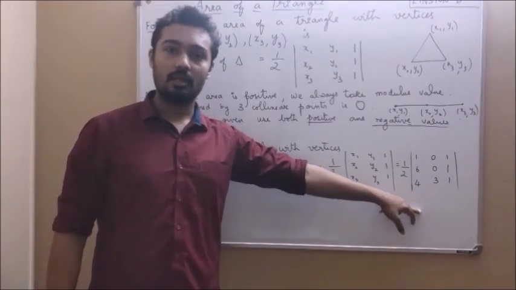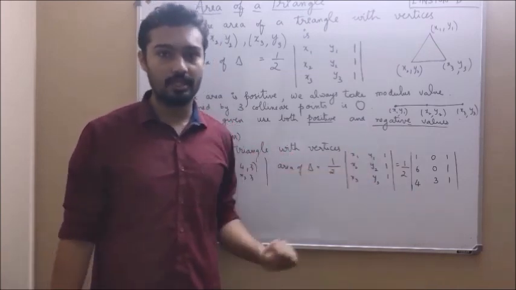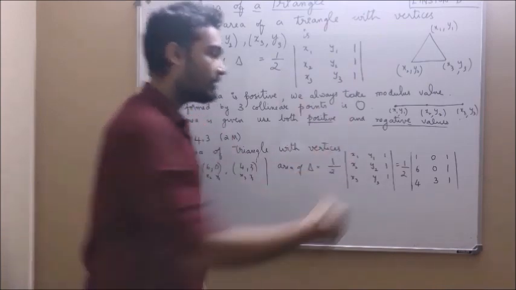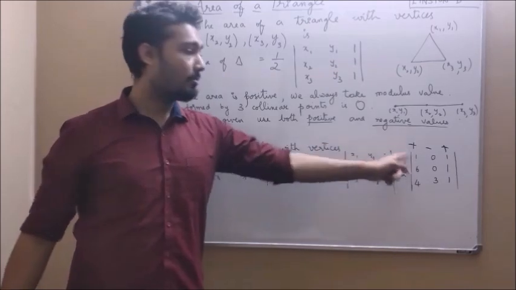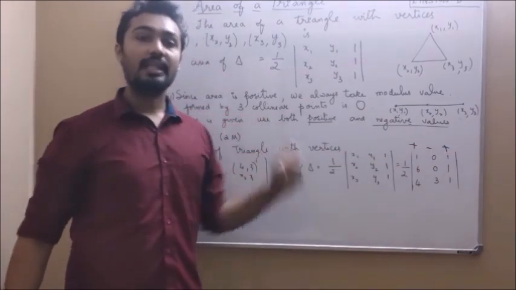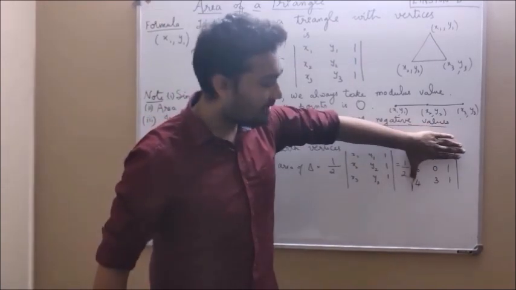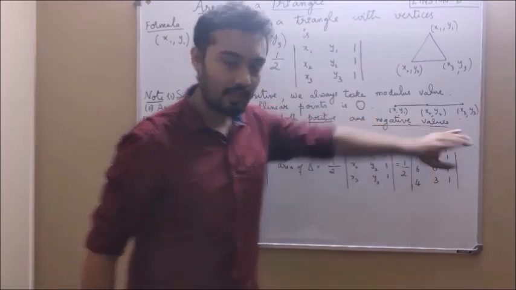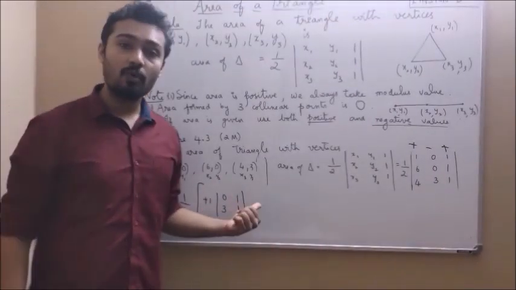We have to take the determinant. You know how to take the determinant. You have studied how to take the determinant of a 3 cross 3 matrix. What is the step? First write plus minus plus. When you are taking along the row, write plus minus plus on the row. Next, this is equal to plus 1 into, you cover the row and column containing 1. What remains? 0, 1, 3, 1. Take the determinant of that.